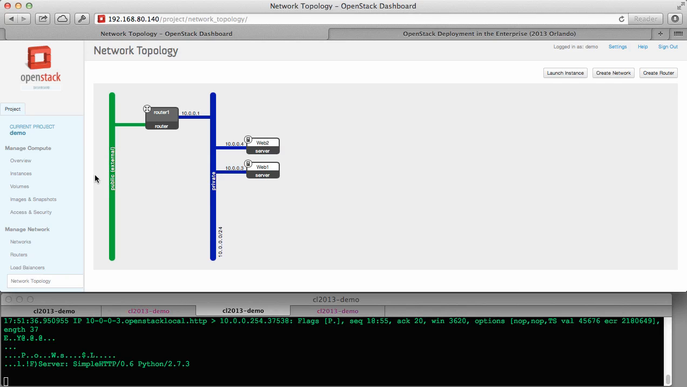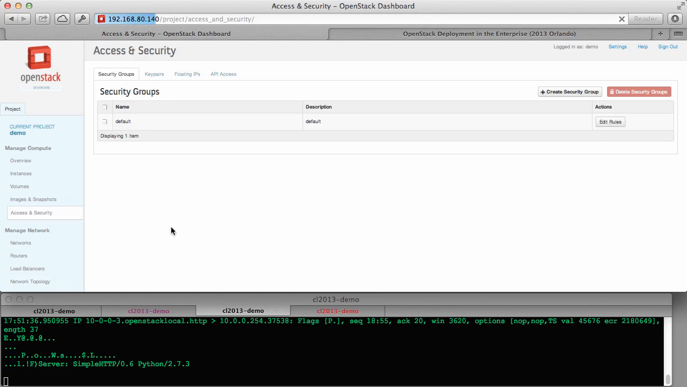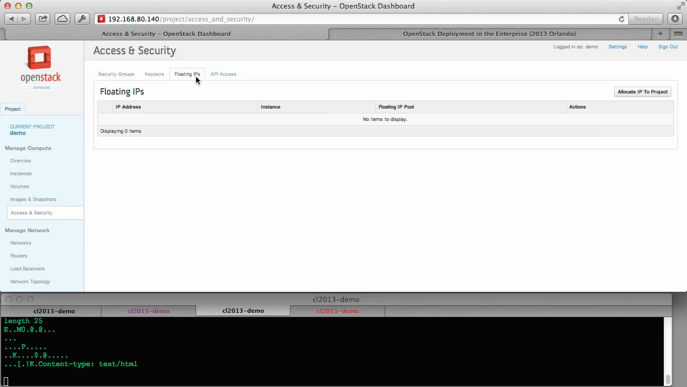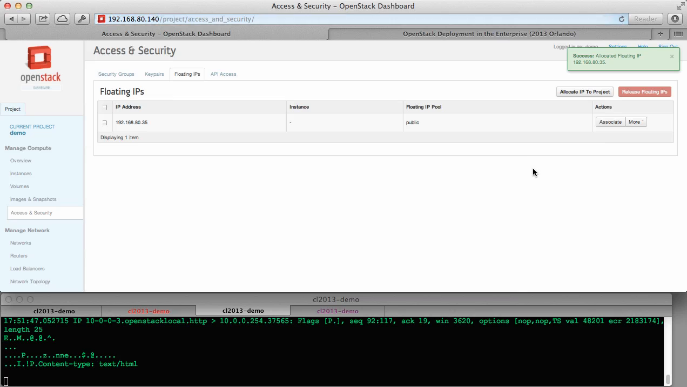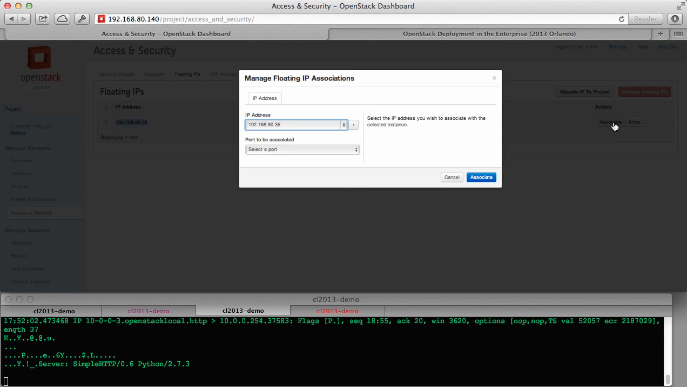Okay, so we're going to run floating IPs. So we're going to go back into our access and security screen, go to our floating IP environment, and we're going to allocate an external floating IP out of our public pool range. Allocate that to be used. Okay, so now you can see we're not in the private range, we're in that public range, that 192.168.80 space. Okay, but we've not assigned it, so we're going to associate that